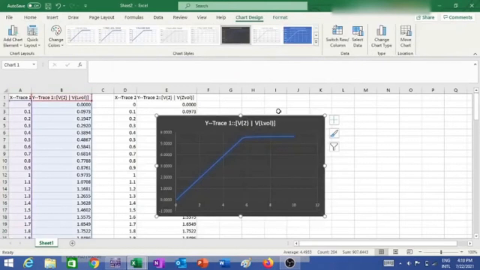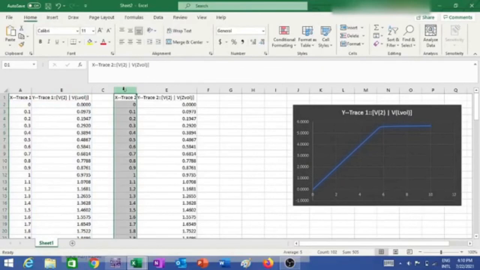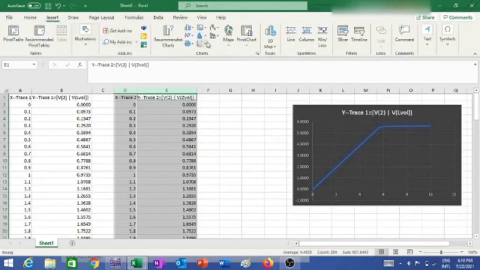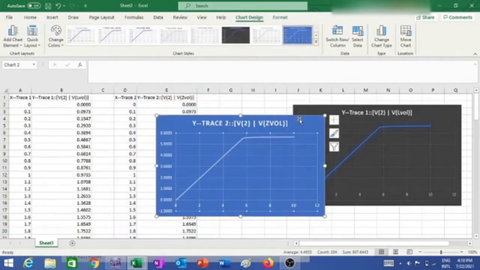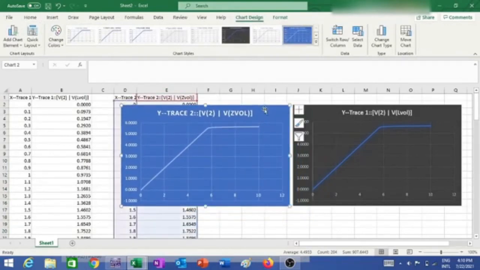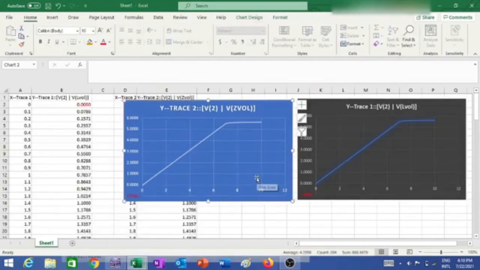So this is my output voltage graph when my load is 550 ohm, and then I'll be choosing the graph for Zener voltage. Yeah, so this is showing the graph for Zener voltage when the maximum load is 550, keeping the voltage constant. So you see the load is following the Zener at 550 ohm. Okay, so here I can say that the Zener diode is working as a voltage regulator under load regulation.